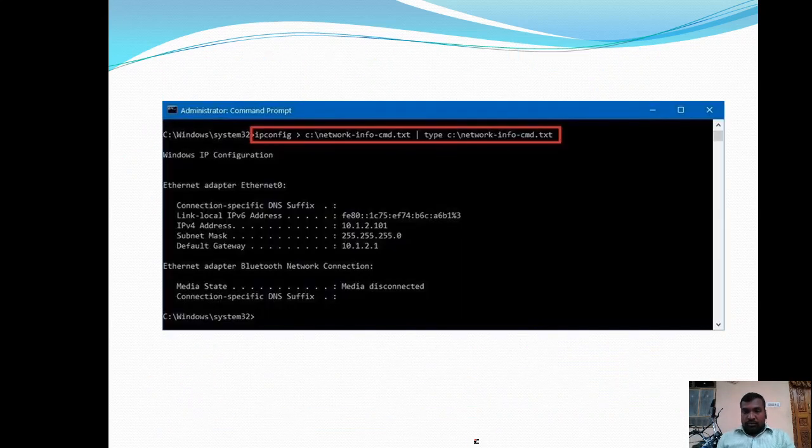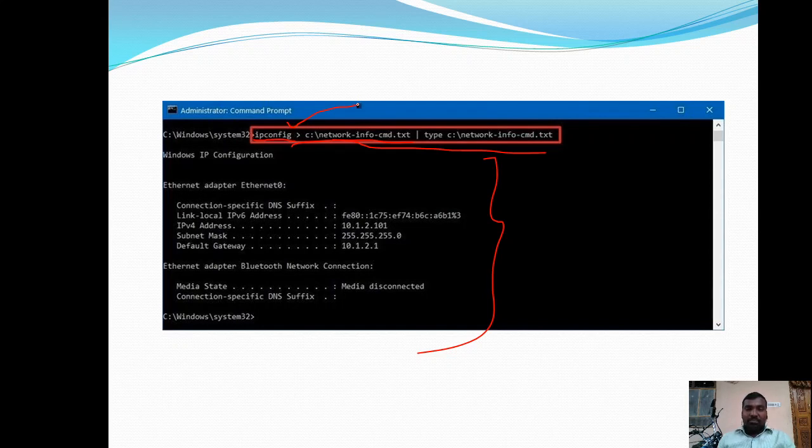So after executing this particular command, it displays the details, and at the same time it saves the details in the network info command.txt. Are you getting the point? So what command am I executing here? ipconfig. Ipconfig is a command we are using to know the details about Windows IP configuration.